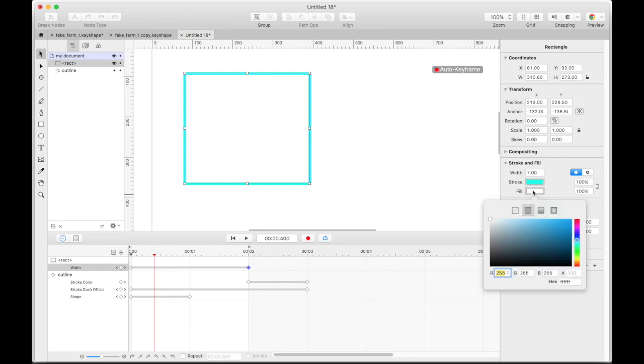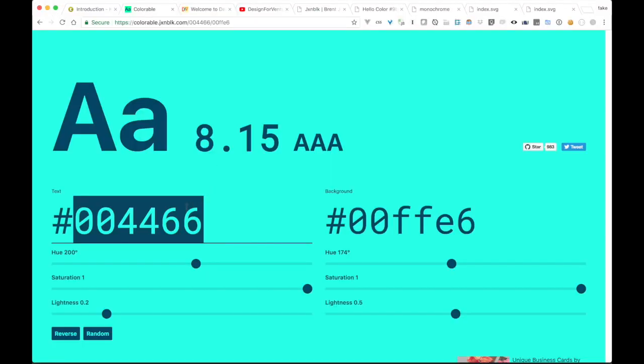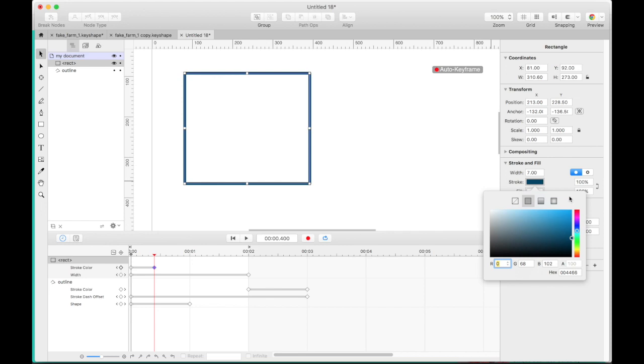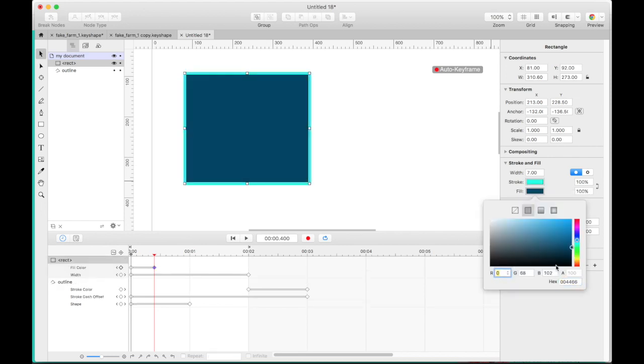And so anytime I change it to another color, which I'll take in that blue. Oops, I'm sorry. I grabbed stroke instead of fill. So there it is. So it ends on blue.